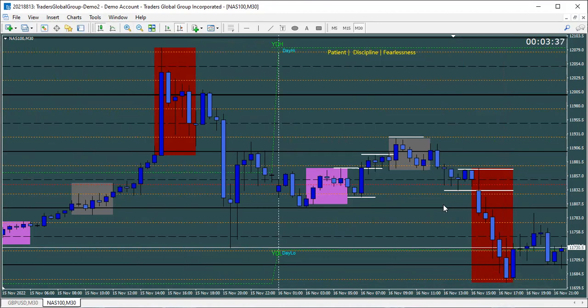Just to show you guys the reason why I took this trade: like I said, we were accumulating inside of this 100 pip box. Price continued to make higher highs and higher lows. It traded outside that 100 pip box, came back inside. They came up here, hit the stops, and traded back inside this 100 pip box. We went back into accumulation, waiting on the news to happen. News gets triggered, pushes up into our most recent high of the day.